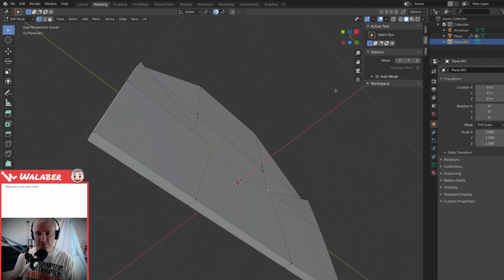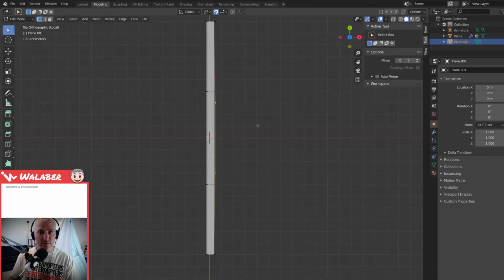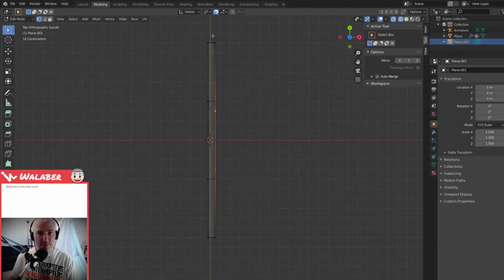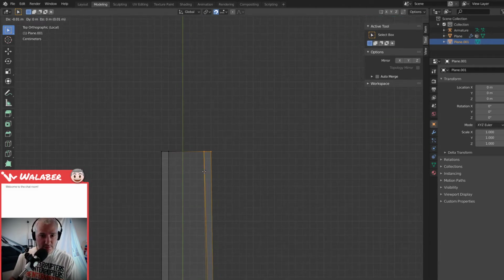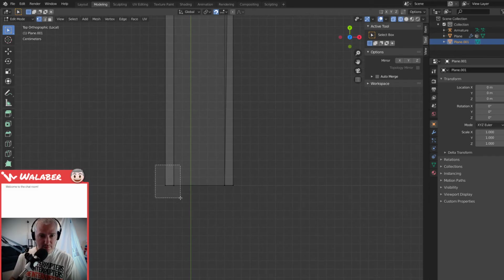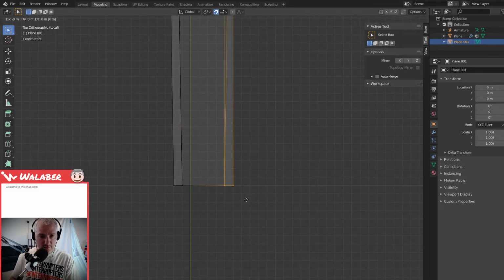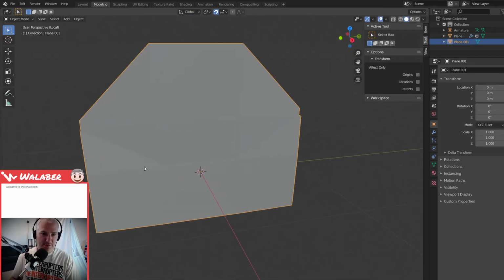Give it a bulge this way. Maybe I want to look at this. Bring that in a little bit. Okay. Alright, it's got a little bit more of a